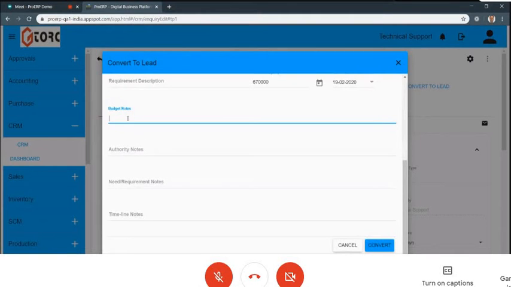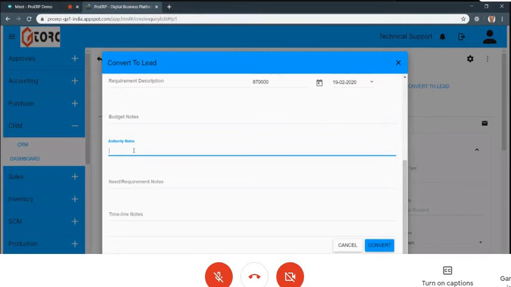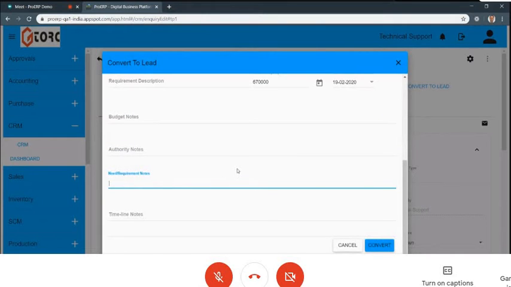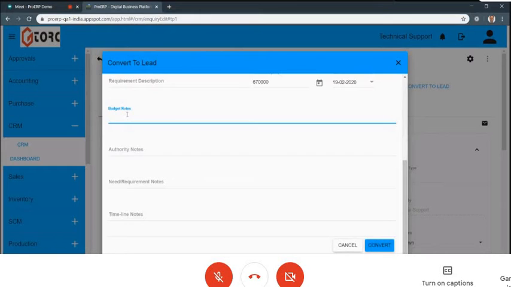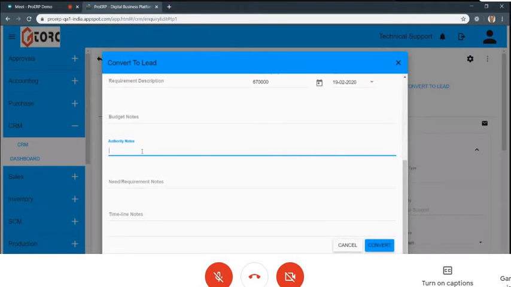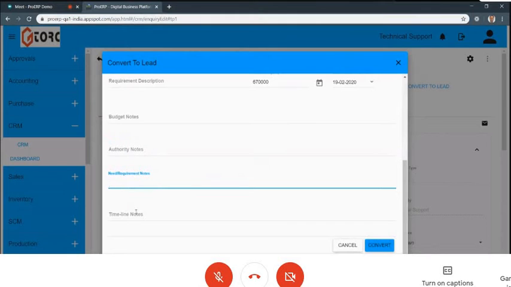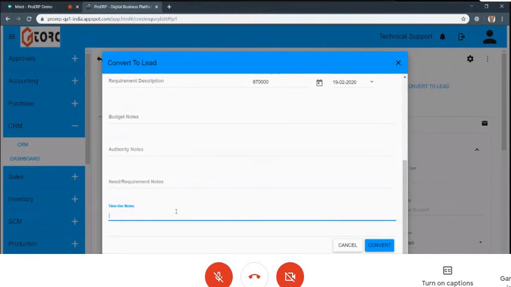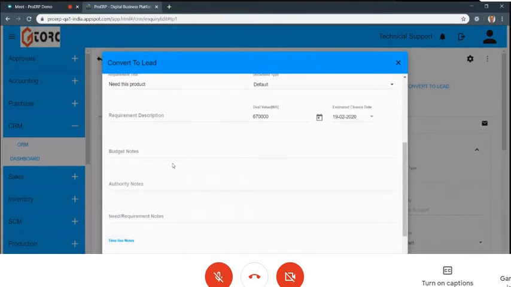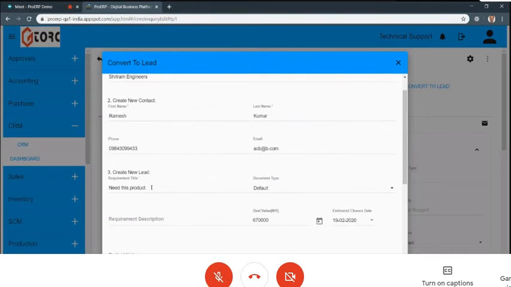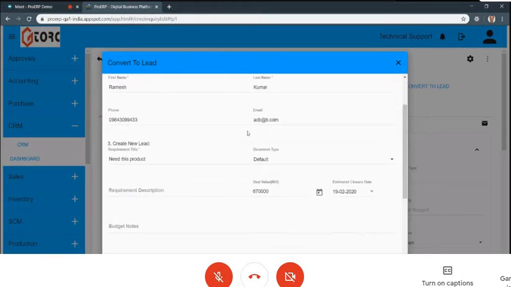For example, they have authority, the need is there, and the timeline is one week, but they don't have budget. Their budget is 5,000 rupees, and you are not interested. Or they have a budget and authority, but no requirement; they are just evaluating, so that is not a serious lead. Similarly, you might have all three: a budget, the person has the authority, and a complete requirement, but there is no timeline. They want to do it after 2 years. So these are very important details that should be there in order to convert this into a lead.